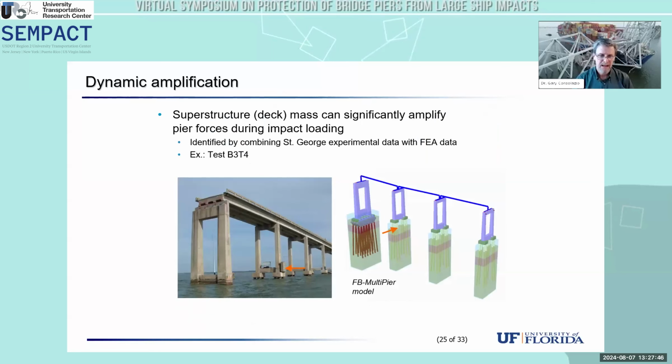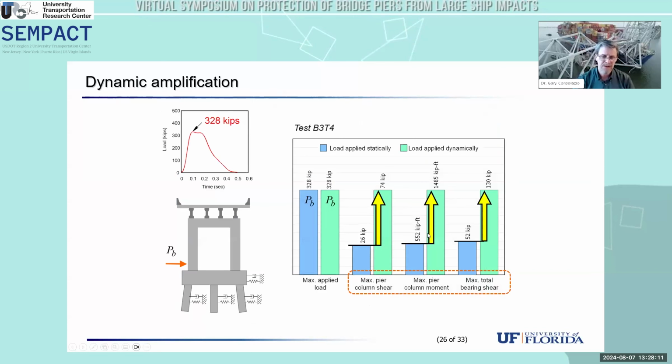Applying the coupled vessel impact analysis to a wide variety of different bridge types, one of the things we found is that the mass distribution, or the mass of the superstructure, has a very important effect. So bridge designers very often include the effect of the superstructure stiffness as a way of shedding or sharing, you can choose your word there, the impact load to adjacent piers. What we found is that the mass of that superstructure also has a very significant influence on the forces that arise.